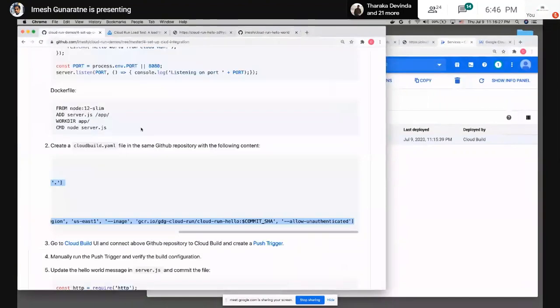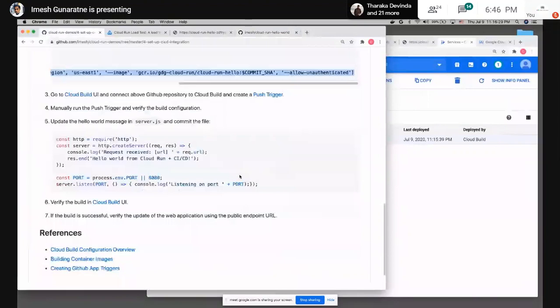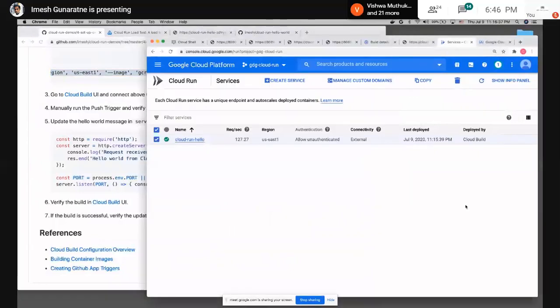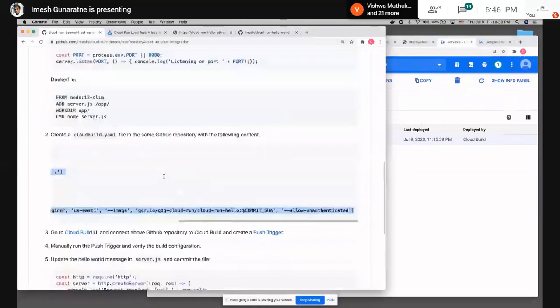So that's how we could integrate CI/CD for Cloud Run using GitHub. So if we move forward,